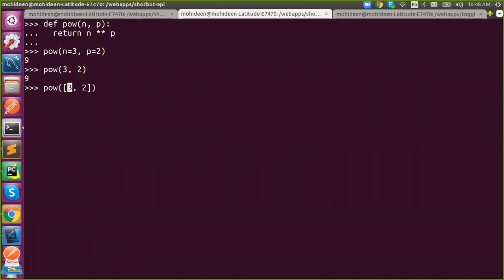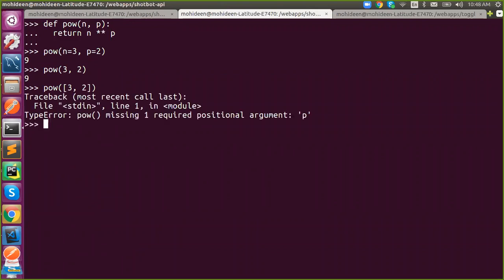What will happen? Type error. Why type error? Because it requires two arguments, but we are passing only one argument. Exactly. So how to convert it into two arguments? Star. You have to unpack. You will get it. Got it? Yes, bro. Similarly,